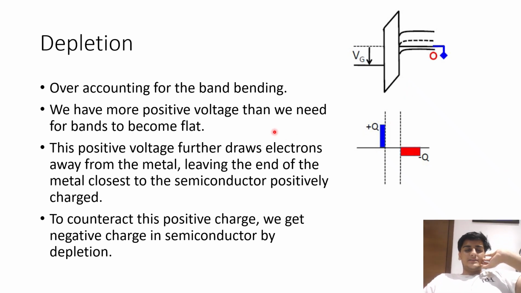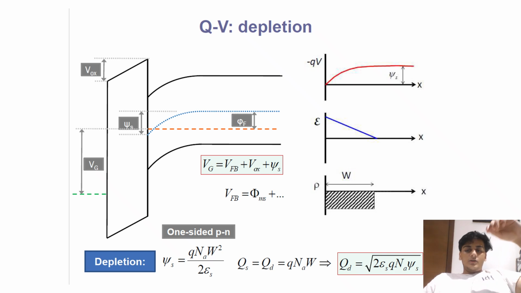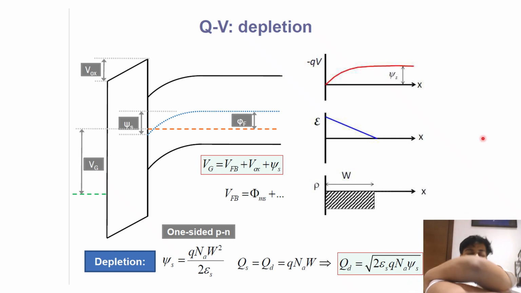I want to move on to the next part. If you remember, I told you that in terms of over accounting, there are two cases. So, the first of those cases was depletion. Now, I want to move on to the next case, which is inversion. Sorry, before I move on to inversion, sorry about that confusion. I'm going to just do some